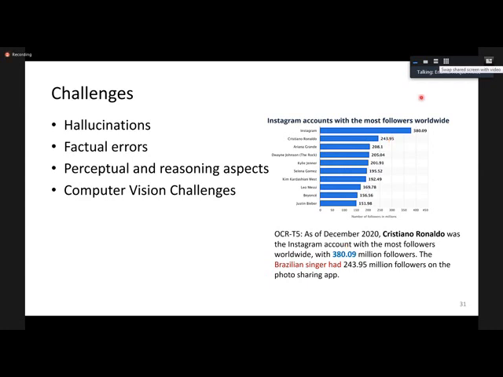Another example here says the Brazilian singer had 2.3 million followers. You can see that 243 does not belong to the Brazilian singer. It belongs to Cristiano Ronaldo.